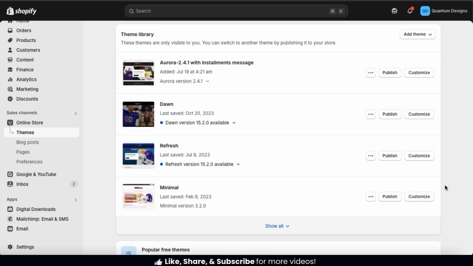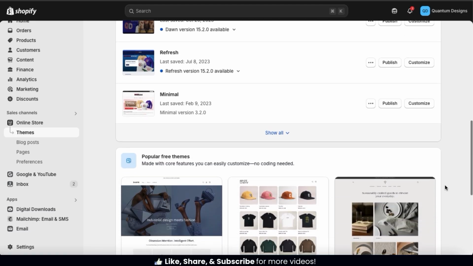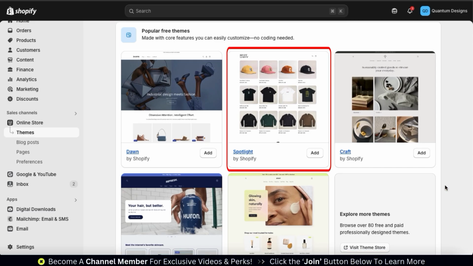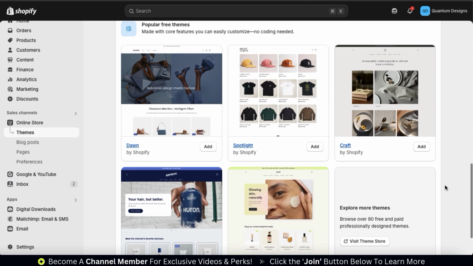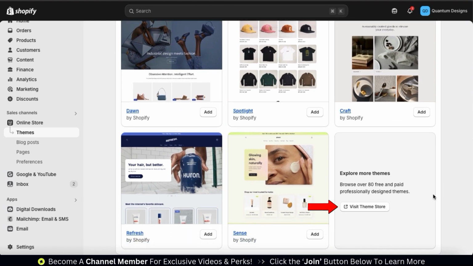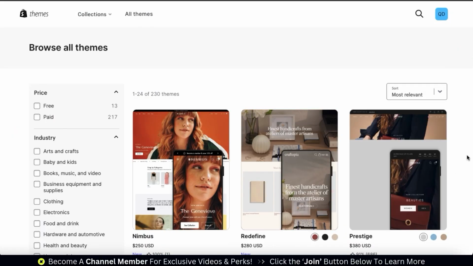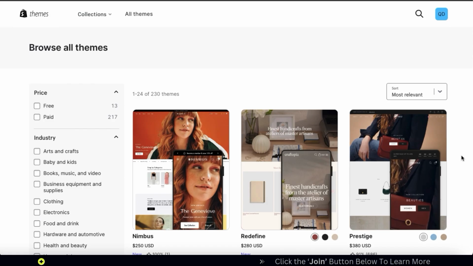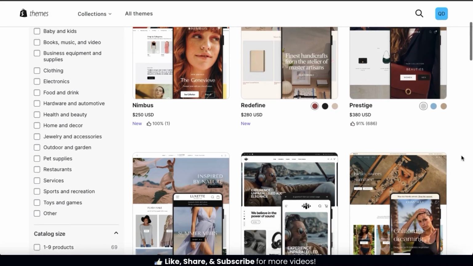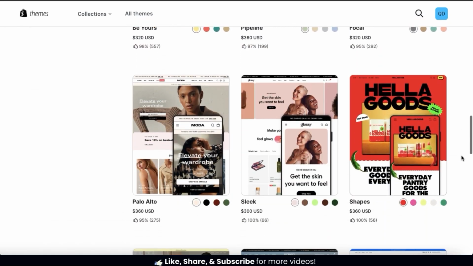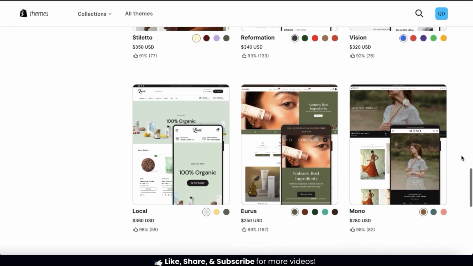On Shopify, we can add up to 20 different themes to our account. And if we keep scrolling down, we can view a section where we can view all the popular free themes that are available in the Shopify theme store. Spotlight is one of the most popular themes on Shopify, so it should be available here. But if it's not, you can simply click the Visit Theme Store button here. This will take you to the Shopify theme store where you can browse all the free and paid themes that are available on Shopify. There are tons of different themes you can select from depending on your style and the products you're selling. Feel free to browse the Shopify theme store if you like, but I'm going to head back